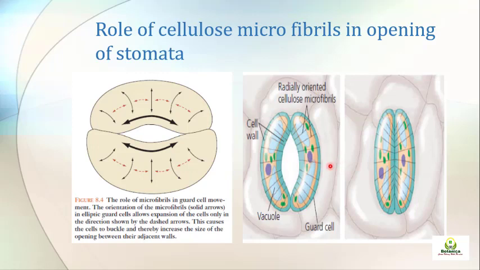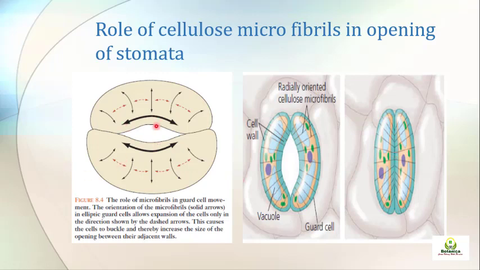So their movement is outward, they increase more in length because of this differential arrangement. This pore is open, which we call the stomatal pore, and it results in the opening of the stomata. And when they lose water, along with some other factors as well, these cellulose microfibrils also come into action, and they again attach these surfaces of the guard cell, and the stomata will be closed.